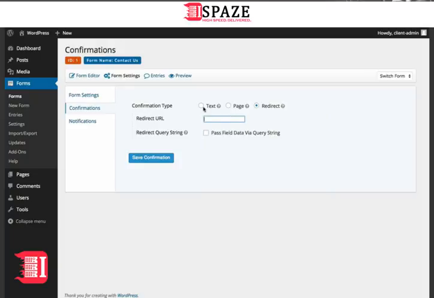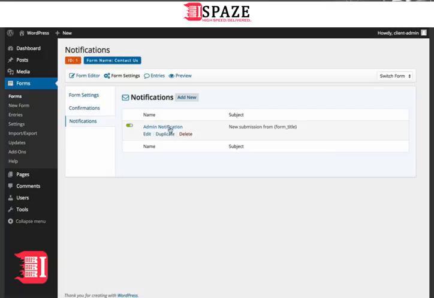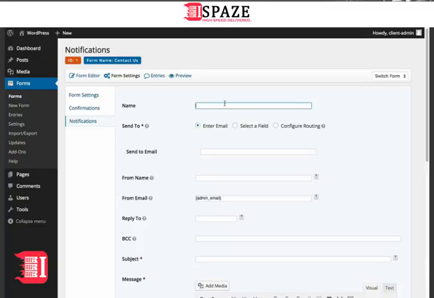Finally, let's look at notifications. You can customize the notification email that you receive when a user has submitted a form. The name is the name of the notification. You can have more than one type of notification. Send to can either be an email, usually the admin email of the website, or you can select a field